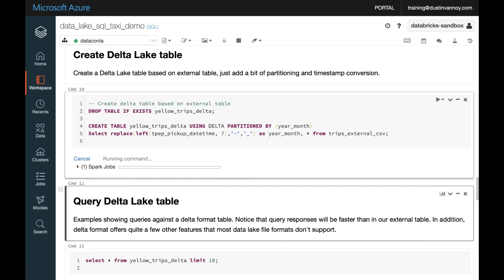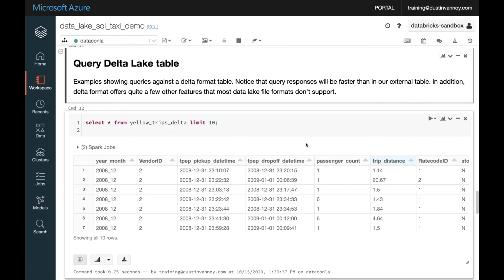It is open source, so you'll find it in other Apache Spark implementations, but you might have to add it if you're not in Azure Databricks or Azure Synapse Spark. So next we can query that Delta Lake table. And so when I ran this query, which is just a select top 10 without any filters, it was actually